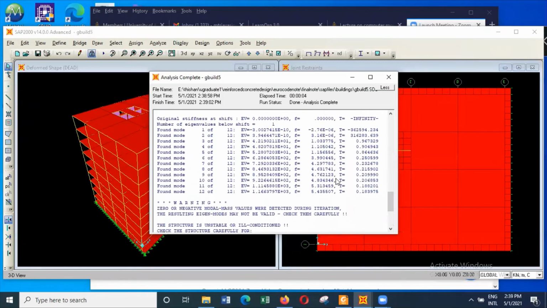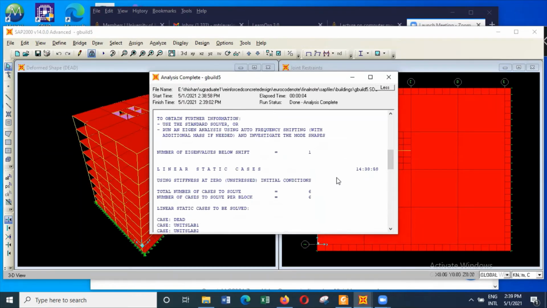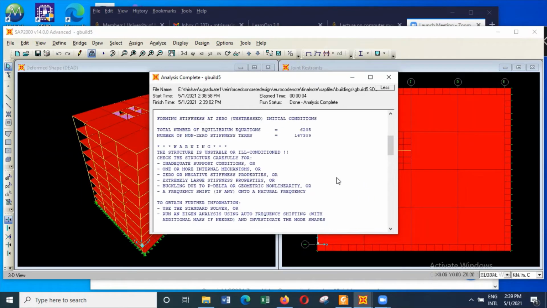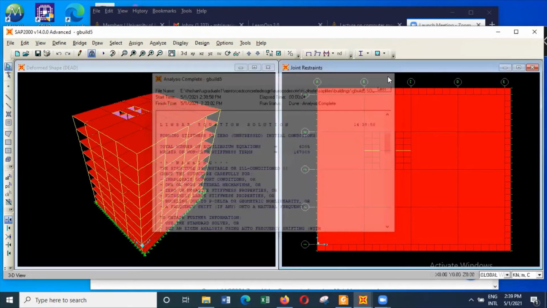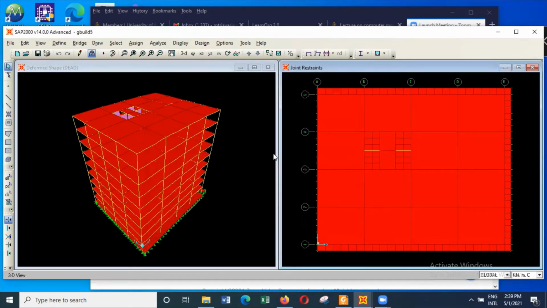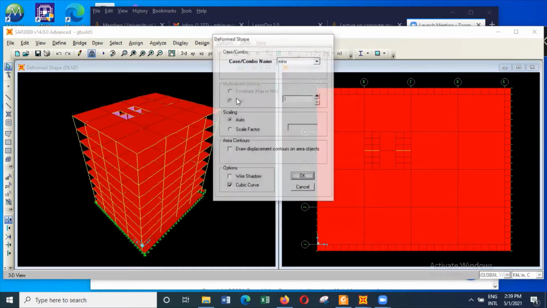Still the problem is there. So you have to check it for inadequate support condition, one or more. So what we do is, we'll just see what's going on by looking at the deformed shape